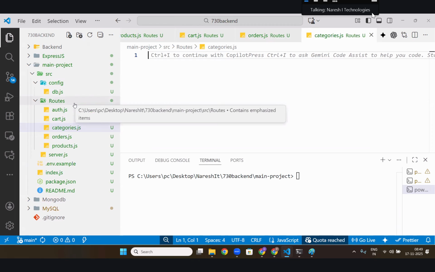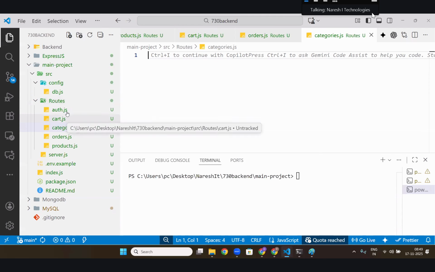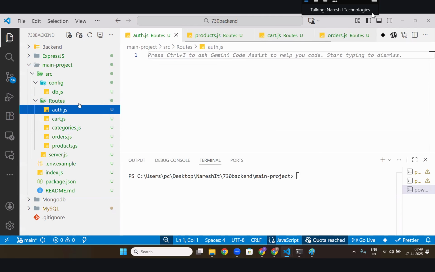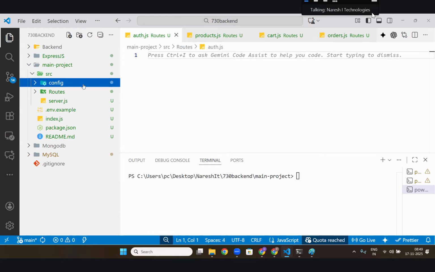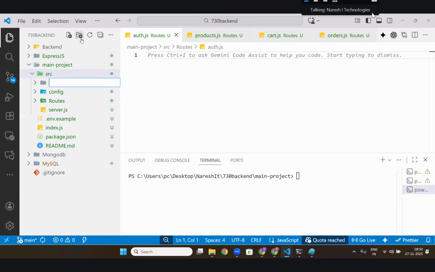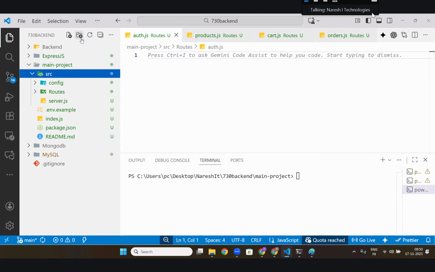Okay, you went to one route. Imagine you went to the auth route. From the route, you need to go to something called controllers. But sorry, middlewares come first. I will create a middlewares folder.